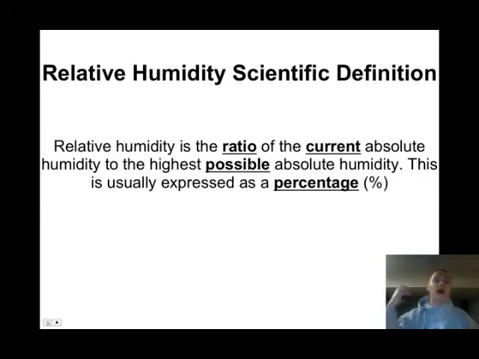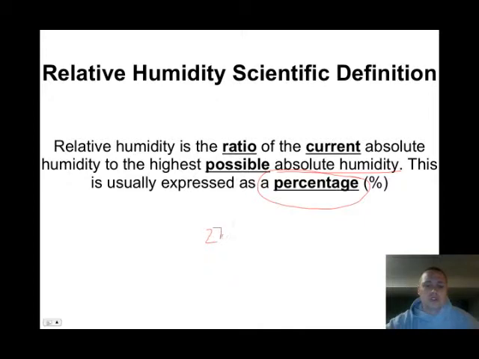So it's how much moisture is actually physically in the air right now, divided by how much could be held within the air that surrounds us. So this is the absolute most that the absolute humidity could be, and we express that as a percentage because it's written as a ratio. So as an example, if there was, let's say,